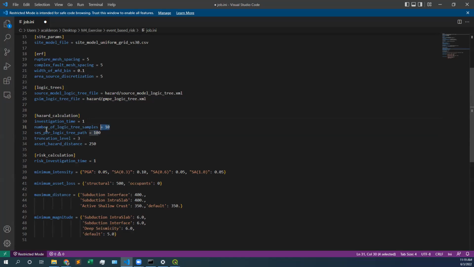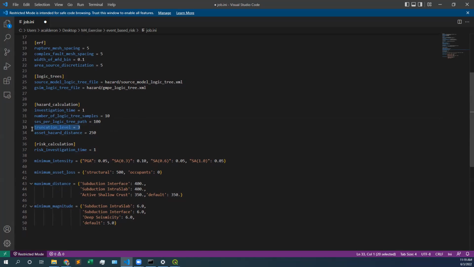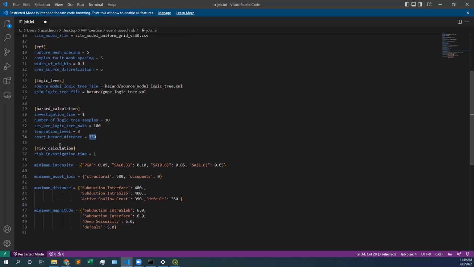Truncation level, yes, we want to consider the uncertainty of those GMPs in the ground motion fields. So truncation level 3. So we're truncating basically at the tails of the Gaussian curve. Assets hazard distance. This is a very important parameter, and I don't think we have seen it in the past. Assets hazard distance, what does assets hazard distance mean? Assets hazard distance allows you to,